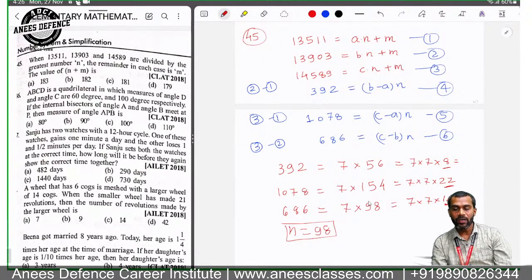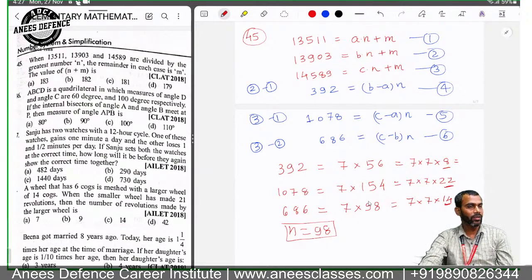So the number can be written in the form of a into n plus one, which is nothing but dividend is equal to quotient into divisor plus remainder. That is what I have done. And then we needed to eliminate m. If you subtract, you can get 3 more equations from the above 3 equations, 1, 2, 3. After eliminating m, it is quite clear that all these numbers are multiple of n, and n is the maximum number or the largest number that can be taken common. So it means n will be the HCF of